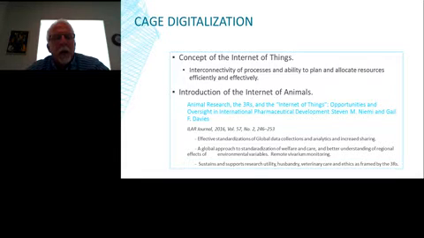With the introduction of the Internet of Animals, I wanted to talk a little bit about a paper that had come out in 2016, Animal Research, the 3 R's and the Internet of Things, Opportunities and Oversight in International Pharmaceutical Development. Steve Nemi and Gail Davies were the authors of this wonderful article. And it really talked about standardizations of global data collections and analytics and increased sharing,